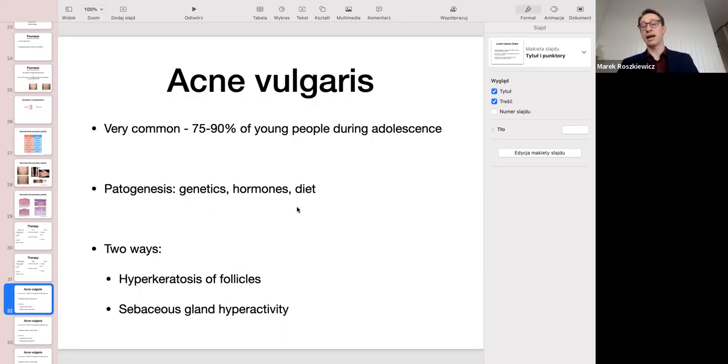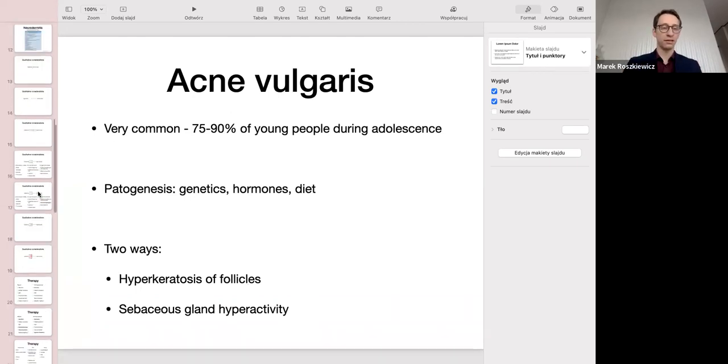And they say, well, basically I'm 40 and I look like 20. Which is sometimes a good thing, but they are very irritated because they don't have clear skin. And there, I would say the most important is diet. We don't have the storm of hormones of the adolescence period, but then we can see very deeply how the diet is working in the skin. And according to Luder Jachens, we also have 2 ways of working. So, hyperkeratosis of the follicles.